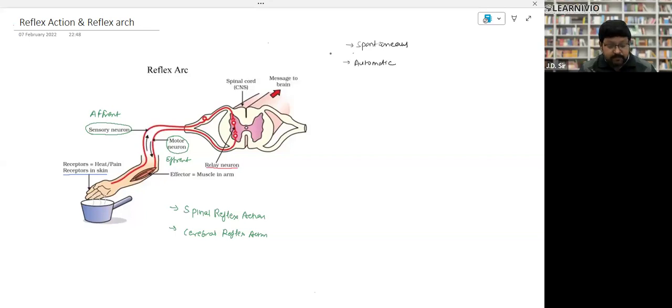If reflex action is controlled by the spinal cord, it is called